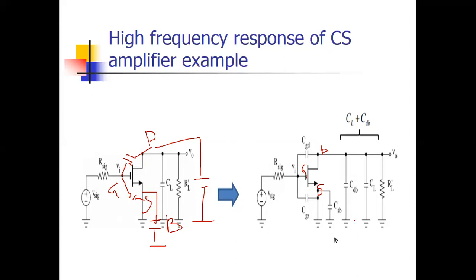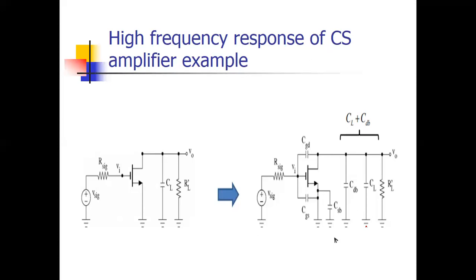So in this way we have attached all the capacitances. Again, listen carefully. One between gate and drain, one between gate and source, and the remaining two are connected to the body, which is at ground. So CSB is source to ground, and CDB is drain to ground. In short, there are four capacitors in this case: gate to drain, gate to source, source to ground, and drain to ground. Now we will calculate the frequency with respect to each capacitor.